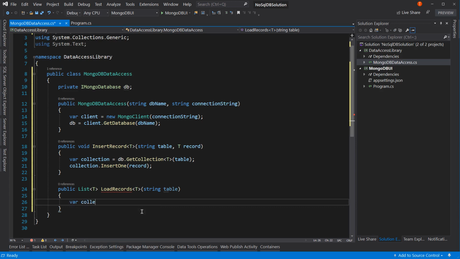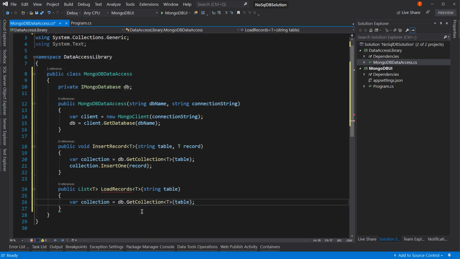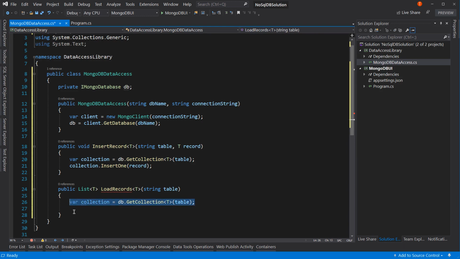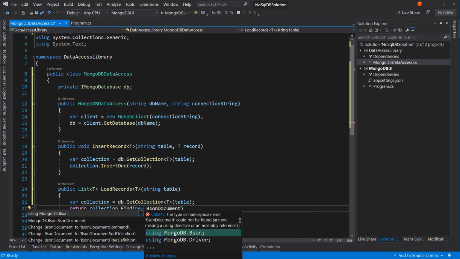So var collection equals db.getCollection of type T, and here's the table name. Look kind of familiar? That's the same thing we did up here to establish the connection to the table. We're going to establish the connection to the table, and then we're going to return collection.find, new BSON document. Let's try this again. BSON document. There we go. I believe it's control dot to add using